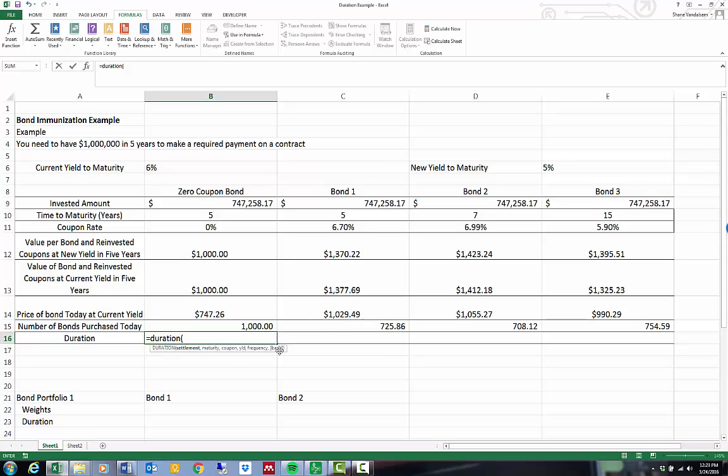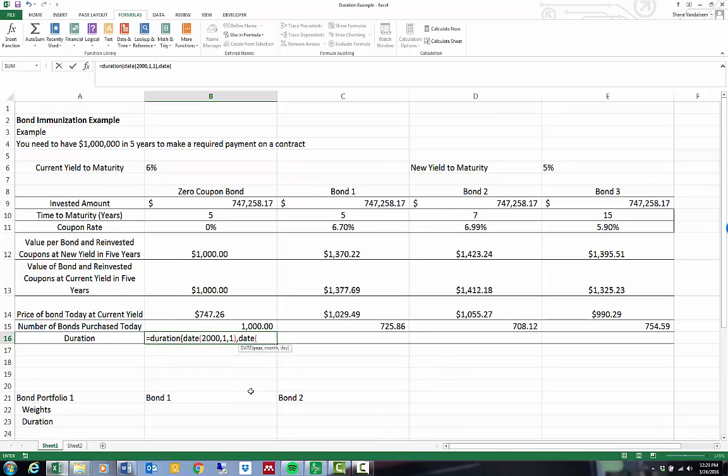Here we want to put in the command date. And you can use any year, month, or day. What we're interested in is having the time to maturity be the difference between those two dates. So I'm going to keep it easy here. I'm going to put in the year 2000, month 1, day 1, close parenthesis. So that's my settlement date, the date that we're actually going to purchase the bond. The maturity date is